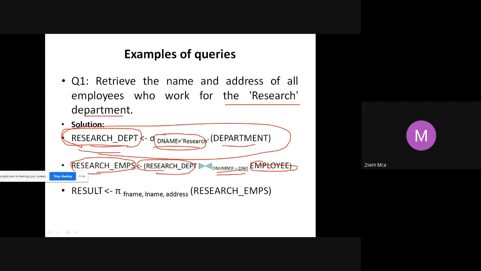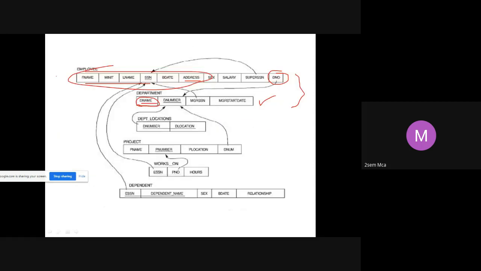So all the attributes of employees are there in my research_EMPS table, and all the attributes of research department are also there, but only for employees who are working in the research department. So it will contain F name, L name, all that, plus D name, D number, MGR SSN, MGR start date.